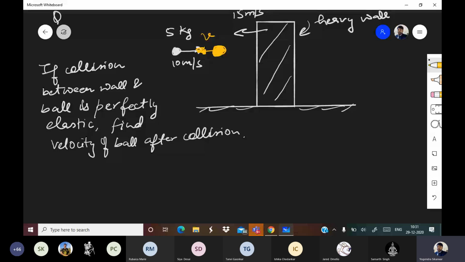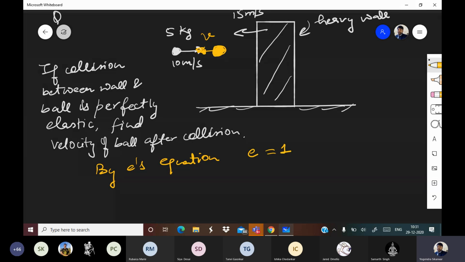No, there won't be any change in speed of wall after collision, right? Good. So what we can do, we can apply E's equation. So by E's equation,